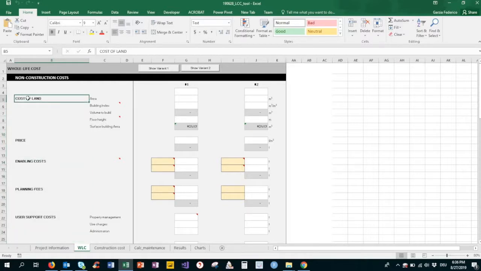First, the cost of land. This is the cost of the land and the volume allowed to be built. Then we have the price. So this is the unitary price of the land. The enabling costs are those costs for the site preparation works that might take place prior to work under the